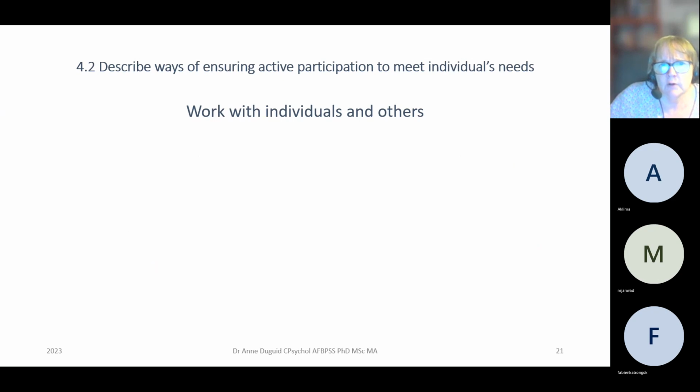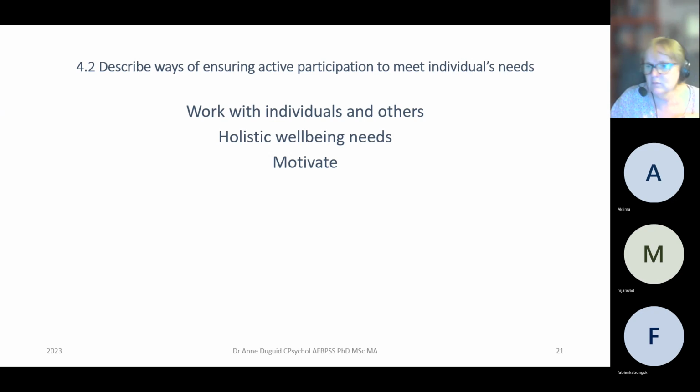Okay, so how are you going to make sure? You're going to work with individuals, and you're going to work with others, and again, this is about this multidisciplinary team idea, that you're having a whole network, a whole ecosystem. And not only that, but you're going to be looking at the whole person, all of their well-being needs. So it's not just little bits of it. And you're going to be looking to motivate this individual, because some people are so shut down that they don't see the point. Your job is to find the levers and the buttons that are going to bring that person out, whatever it is,